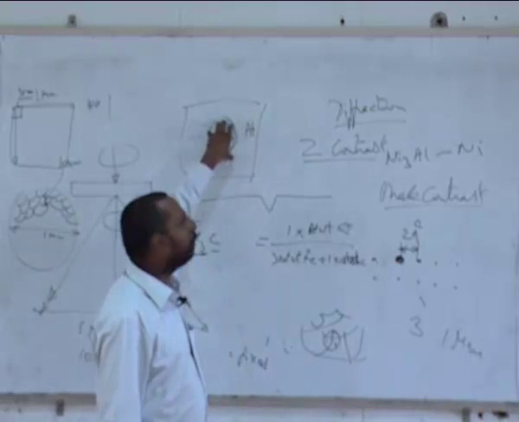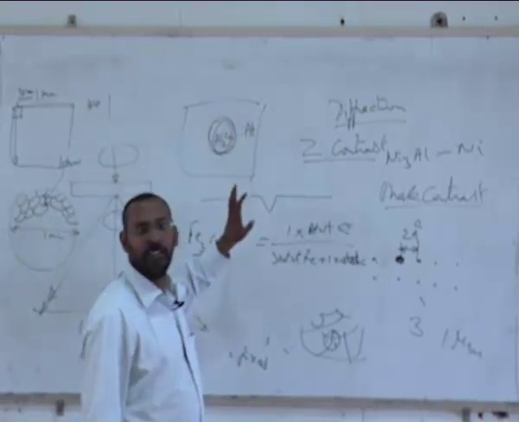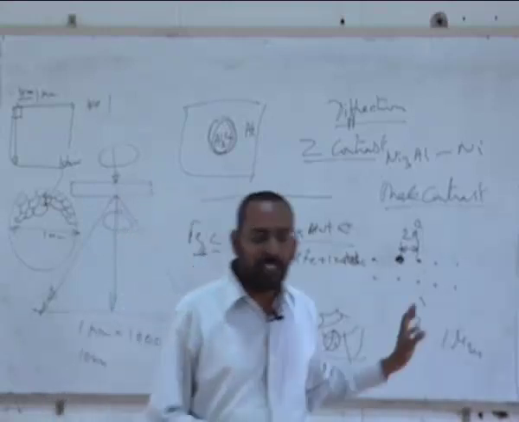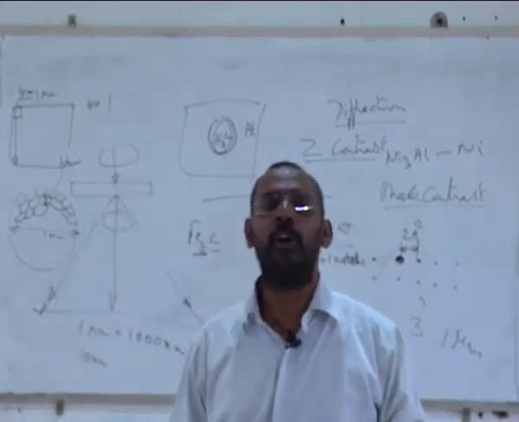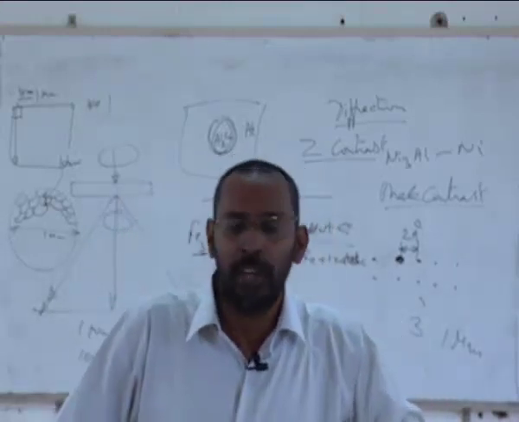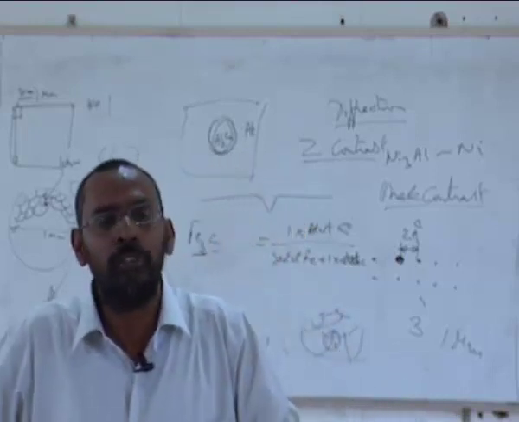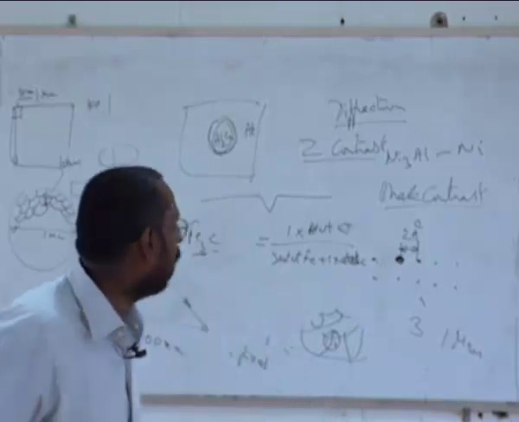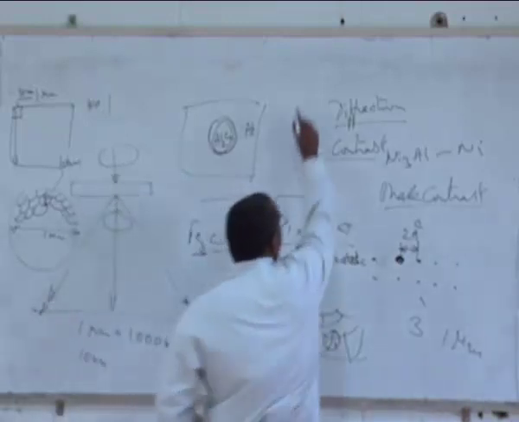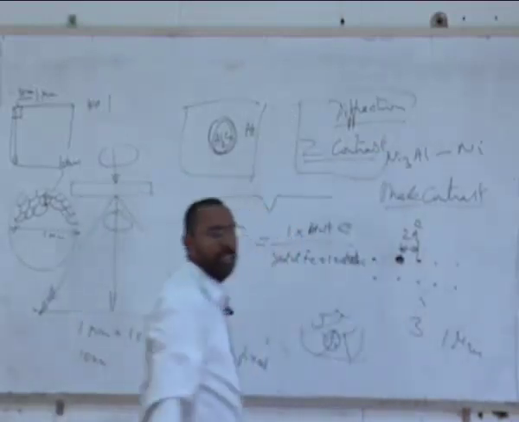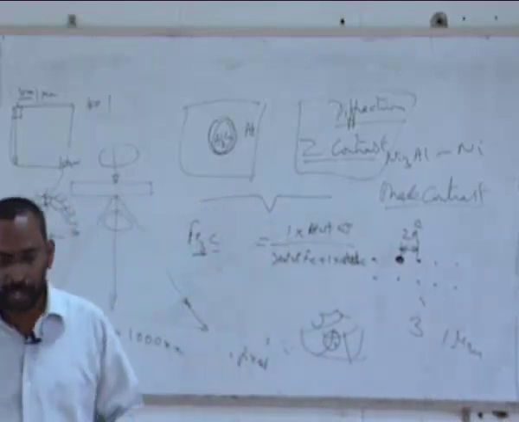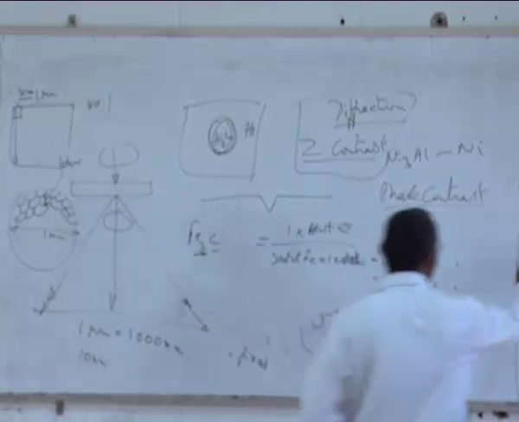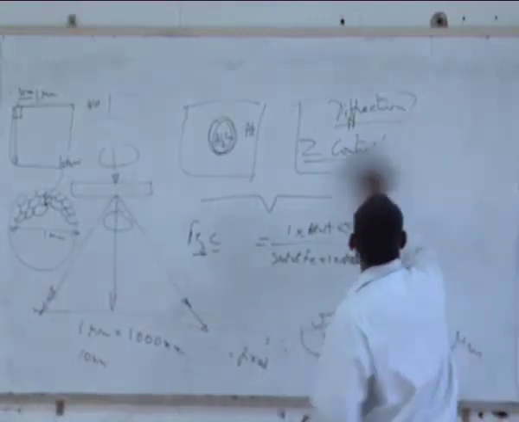So as a result, you can get a contrast which is called the Z contrast. You will see this Z contrast a little later when we talk about SEM also, where we use something called a backscattered image, where you will actually see Z contrast. So these are the 2 types of contrast that we see in an electron microscope. With that, we will close TEM and jump into the SEM part.